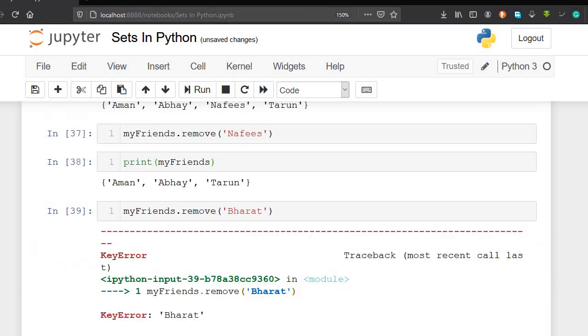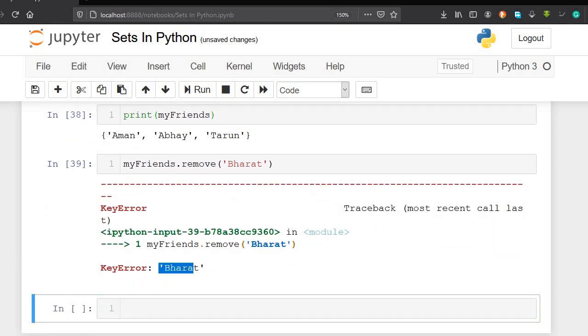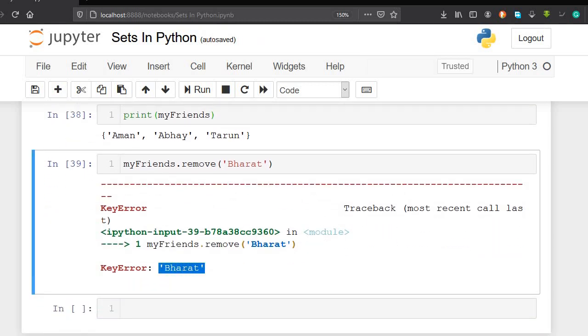So here is a key error. The key error specifies that there is no key Bharat in the set. That means there is no element named Bharat, so it cannot remove any element. So we always have to give a name which is present in the set. If we give a name which is not present in the set, it will return a key error.